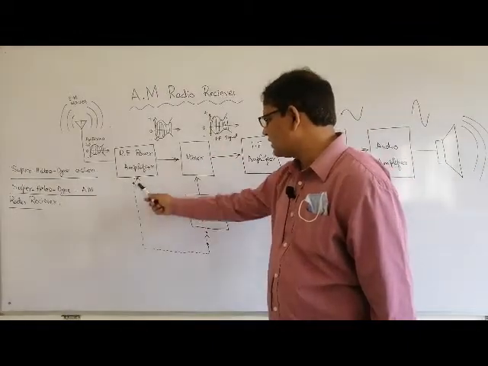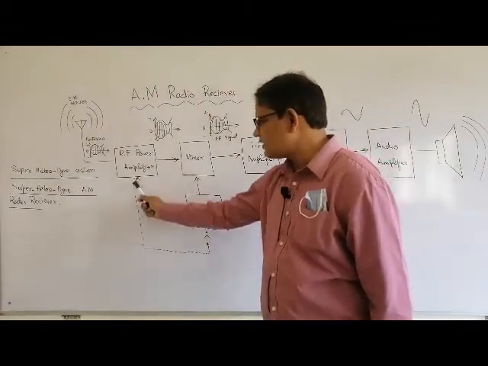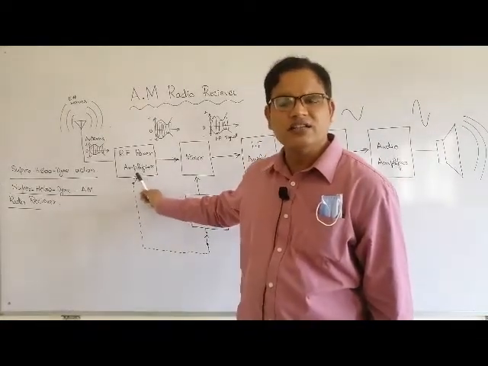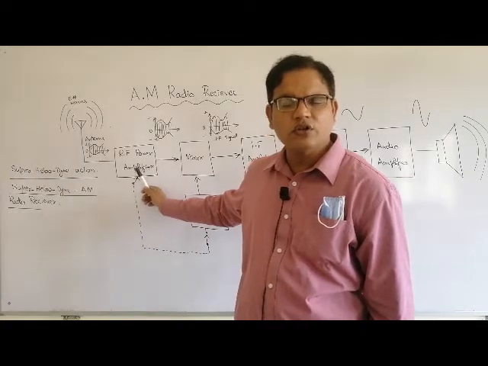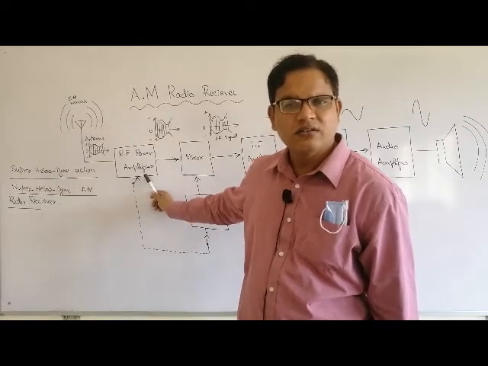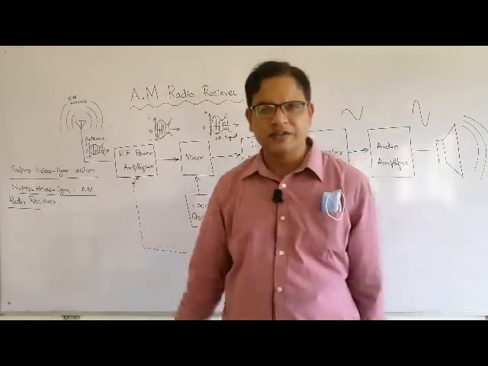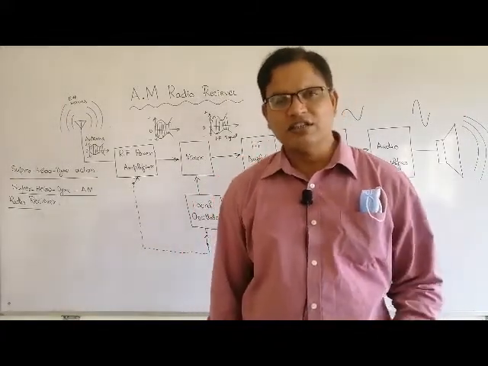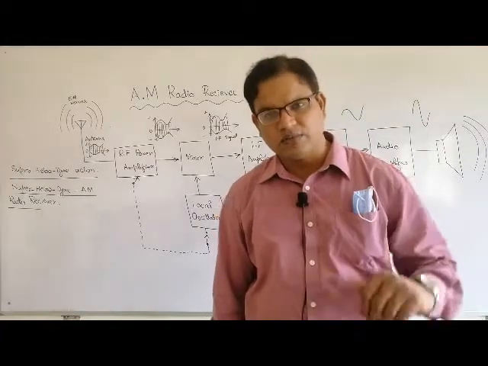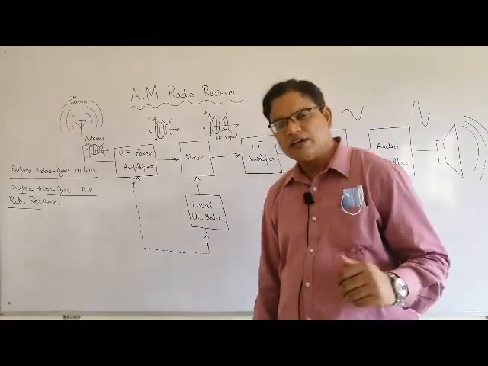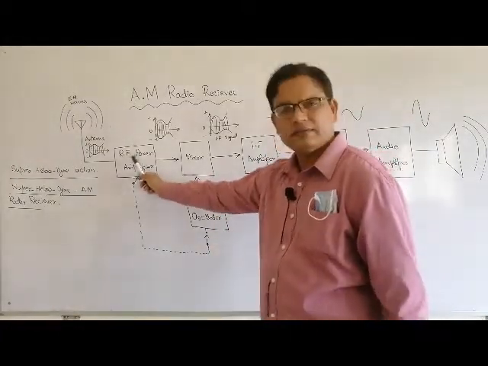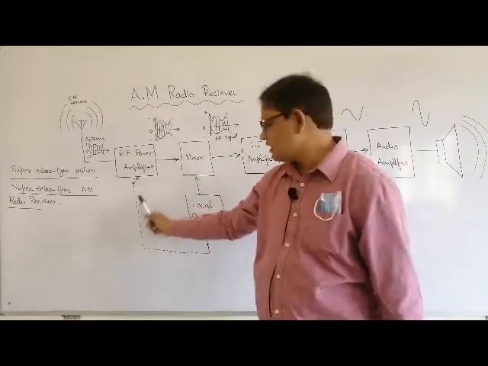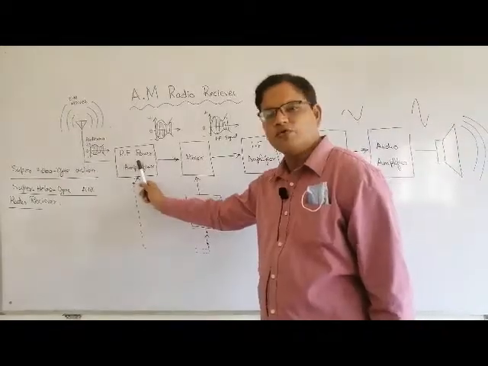Here is a gang tuning band. This gang tuning band basically tunes which frequency we want to receive on this AM radio receiver. Maybe 455 kilohertz, maybe 100 kilohertz, maybe 120 kilohertz. All the frequencies of the different channels broadcast from the radio channels that we require, and the antenna receives only those frequencies which are tuned from the local oscillator.